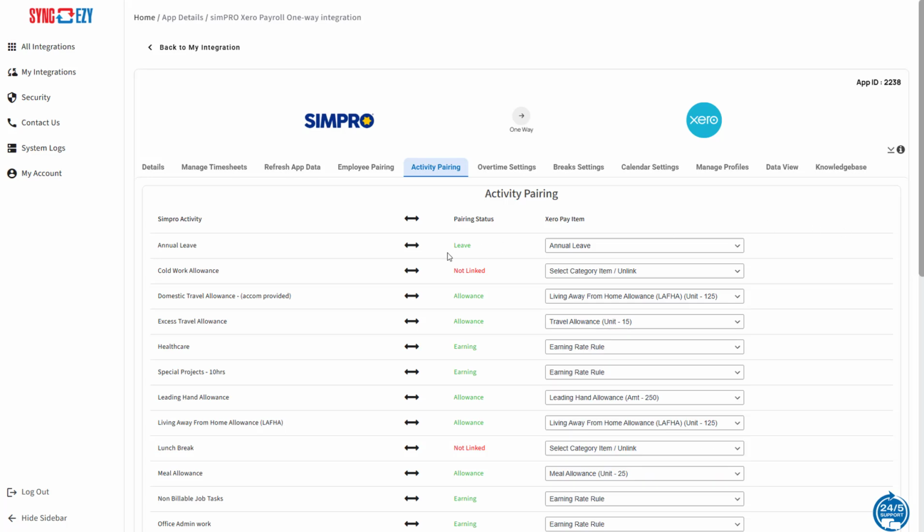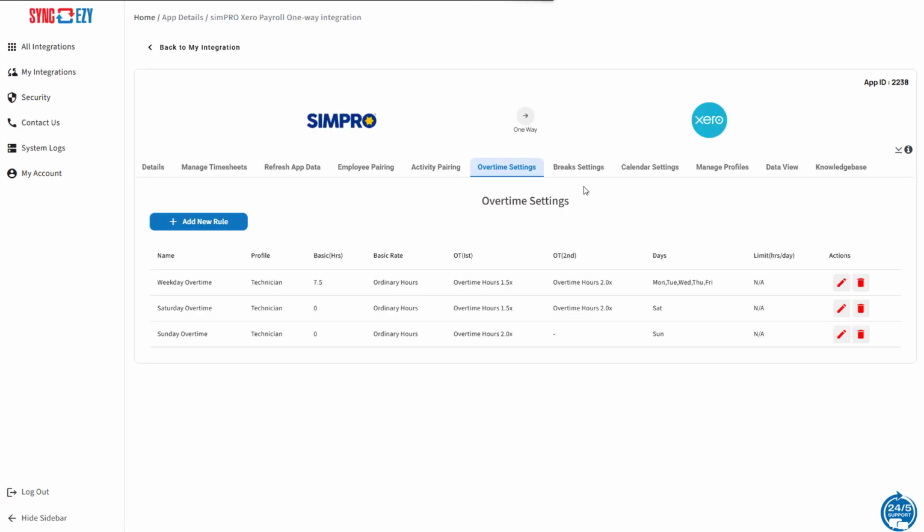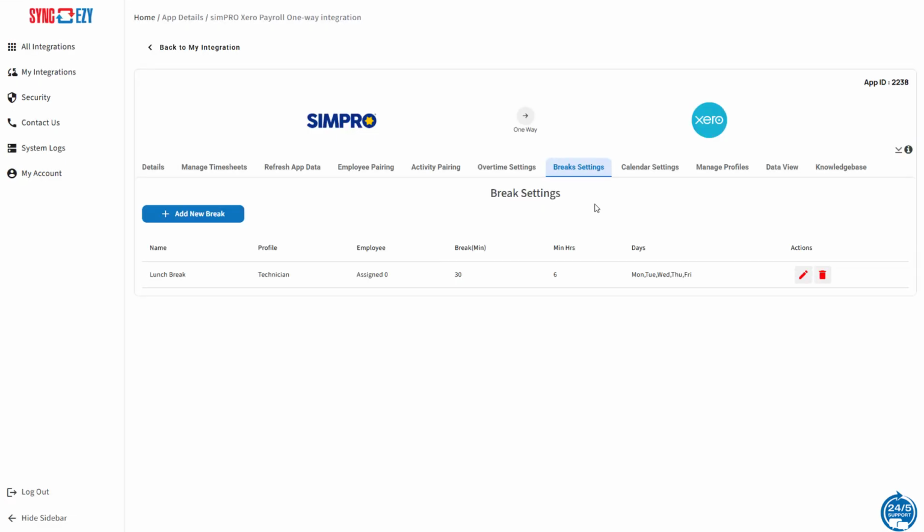In addition to that, we pair up leave types as well as other earning types. We're able to put in overtime settings that match the overtime that your staff will receive so that that maps across into Xero correctly. And we can also automate breaks if that's something that you wish to have managed through the system. Once that's all set up,